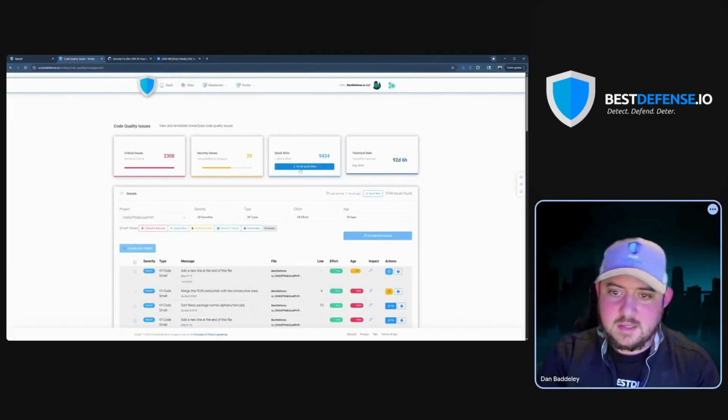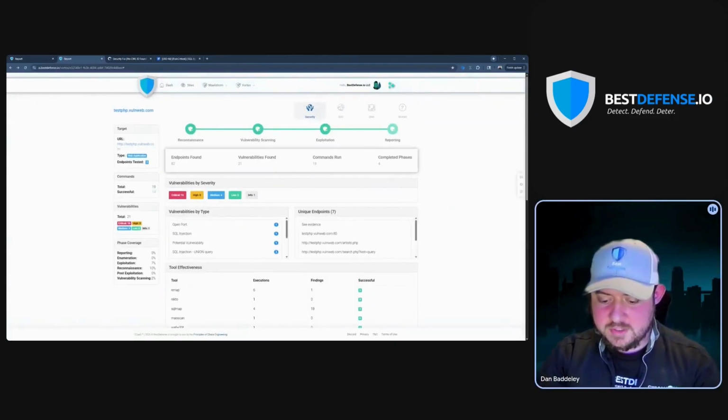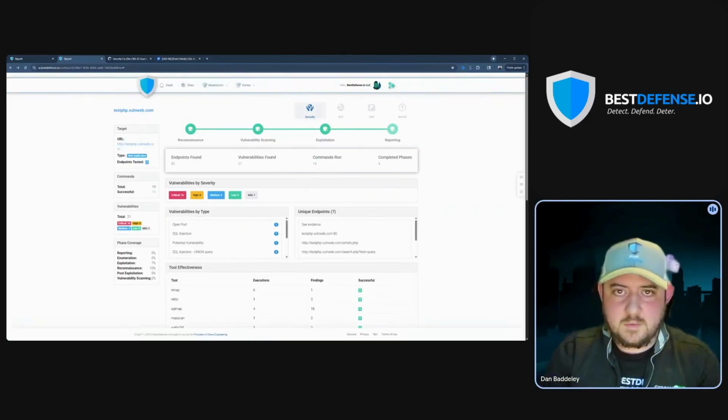So you do have the ability to click fix all and just have it send all of the different issues through the pipeline and develop the pull requests. And your developers will be able to just go through and do the reviews on them like they normally would. So a lot of our customers are using this in a couple of ways. Some customers like to run this once per deployment. So they'll run this system to find any new issues that might have come out from new development. We also have some customers that choose to run this continuously against their systems to monitor